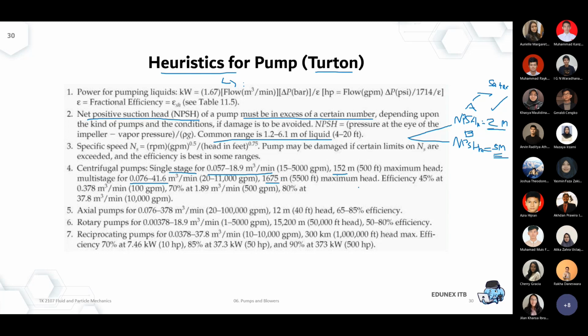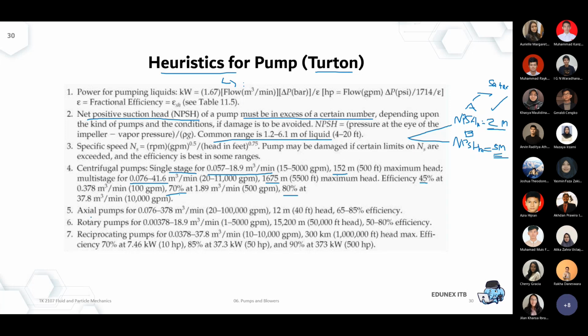And the efficiency varies a lot. Some pumps could be as bad as 45 to 50%. That's already considered a very bad pump operation. But in general, it will be around 65, 70 to 75%. That's where most pump operation works in terms of efficiency. 80% would be considered a very excellent pump efficiency, and the other 20% will be lost to the environment as heat.